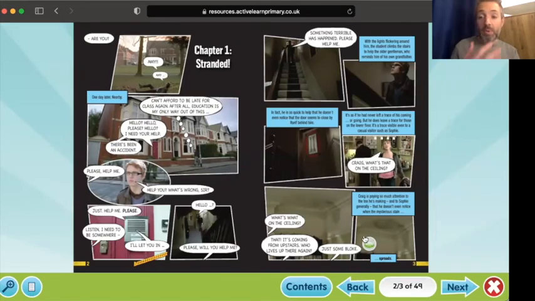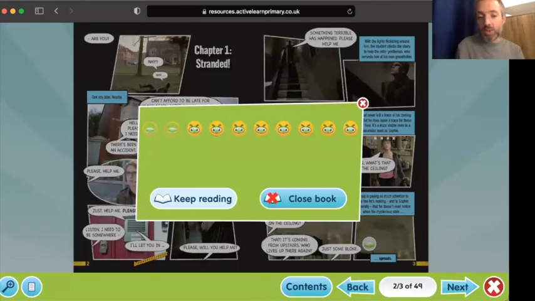Now, the book is only completed once I've done all the bugs, and I will need to read each page so that I know how to answer each question. Because when I click the cross to finish my book at the end, it will show me how many bugs are asleep. So I've done 2 activities, but I've still got 1, 2, 3, 4, 5, 6, 7, 8 more to do. So if I close the book